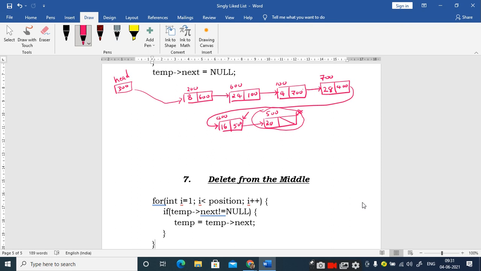As I told you, every operation that you perform on the linked list should always start with the first node. And the second important point you have to remember is you never try to make modifications to the head pointer. So if I want a pointer pointing to the previous node of the last node, you take a temporary pointer and make the necessary changes to the temporary pointer only. Never ever touch the head pointer.